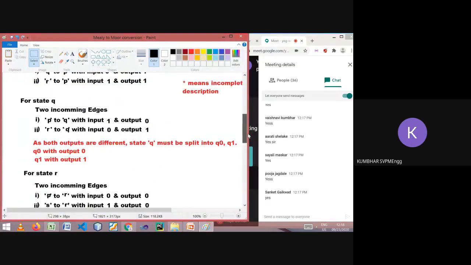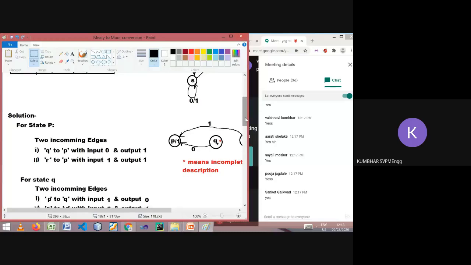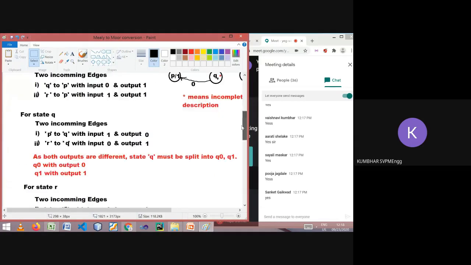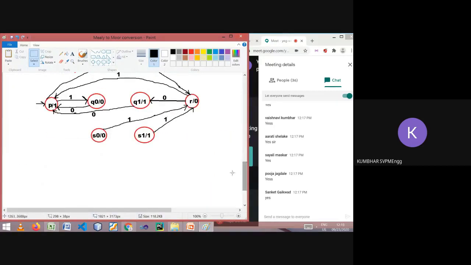Let me repeat. There is a transition from Q to S, meaning S has an incoming edge from Q. In the Mealy machine, there is a single instance of Q and a single instance of S. But now in the Moore machine, Q is divided into Q0 and Q1, and S is divided into S0 and S1.